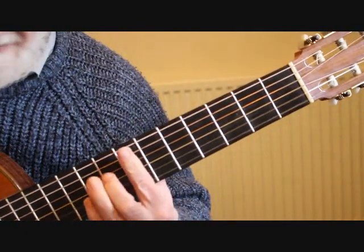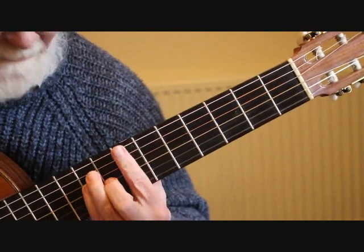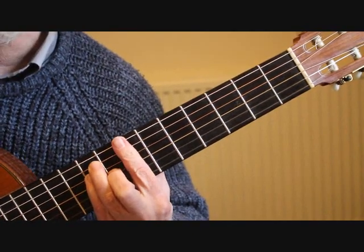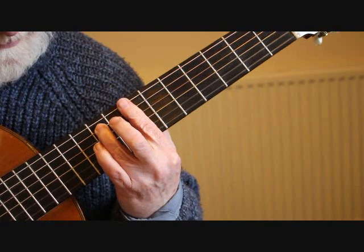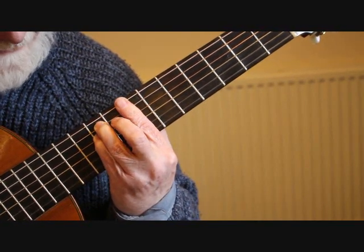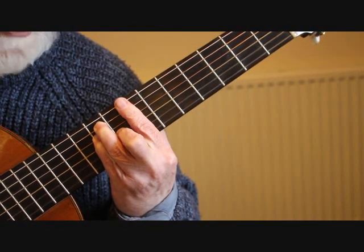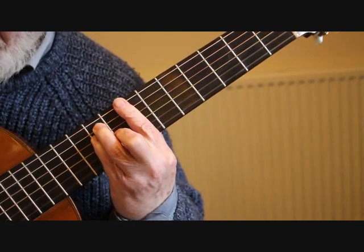So what we do, we need to get to our 7th fret and we're playing a chord of B major. So that's the bar across. You're placing the third finger on the 5th string, 9th fret, F sharp, the little finger next to it on the 4th string, 9th fret, B, and the second finger on the 3rd string, 8th fret, D sharp. And we strum the chord across,